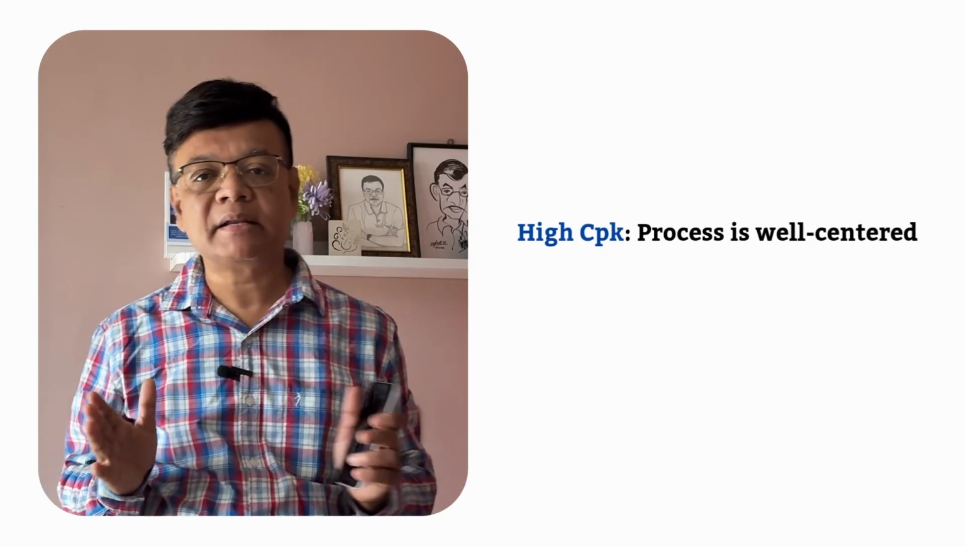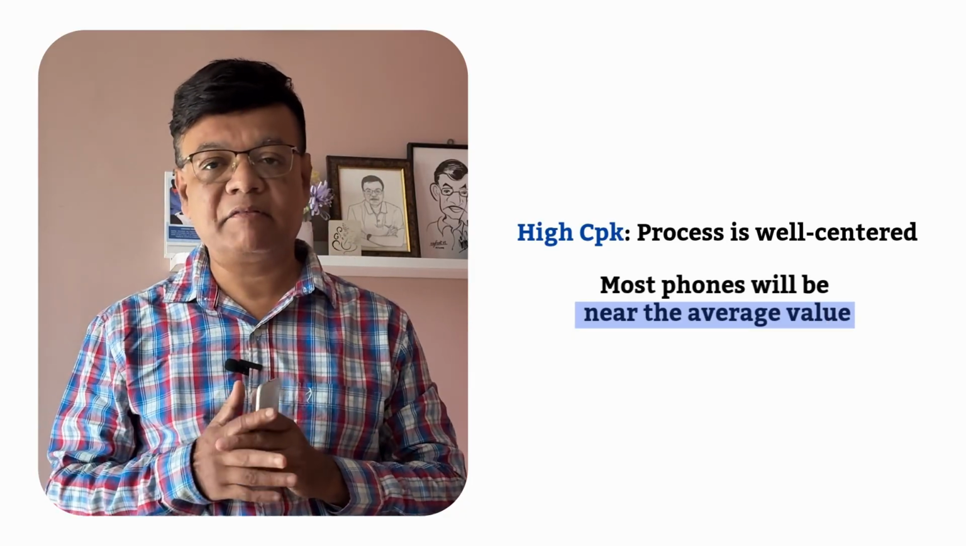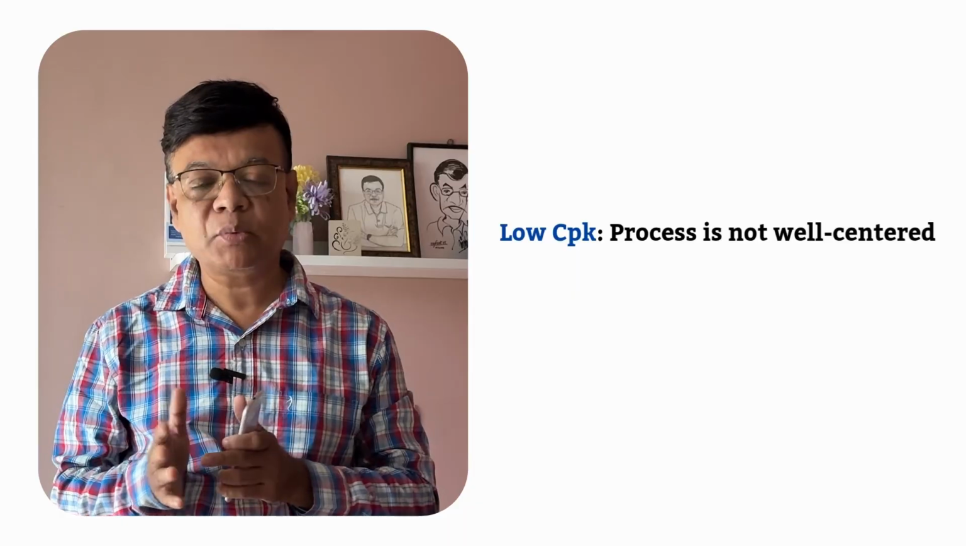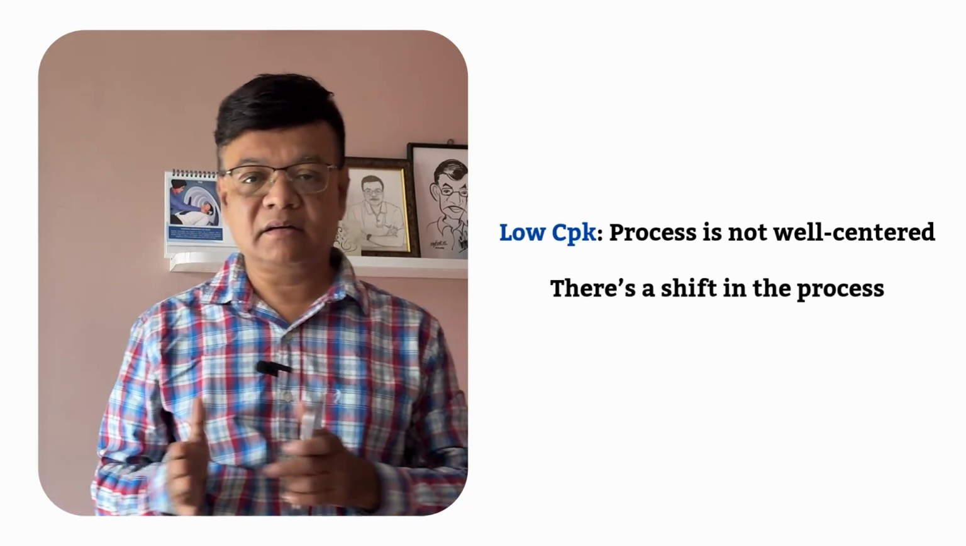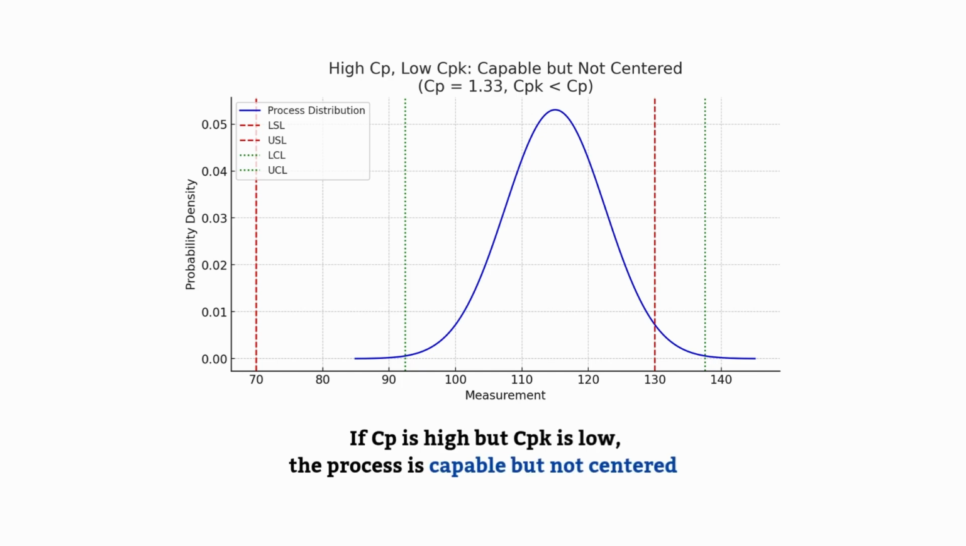So a high CPK means the process is well centered. That means most of the phones will be near the average value. But a low CPK means that the process is not well centered and there is a shift in the process. Now if both CP and CPK are high and they are close to each other, the process is both centered as well as capable. But if the CPK is lower than the CP, that means while the process is capable, it is not a